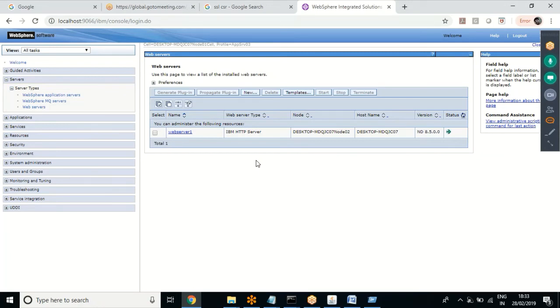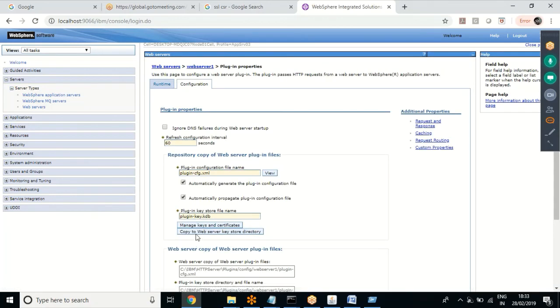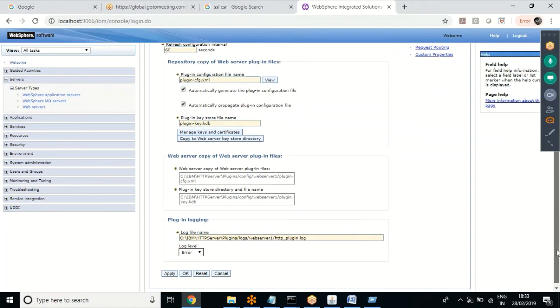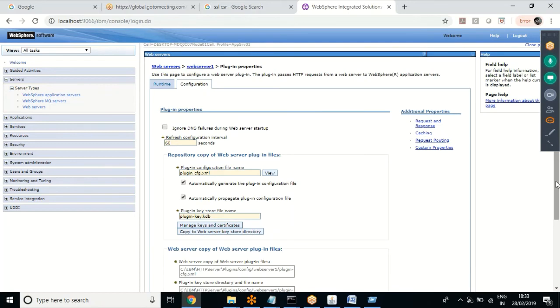In WebSphere, this web server is the main component or main server which interacts with the IBM HTTP server or front end. You go inside this, go to plugin properties, and click on copy to web server key store directory. This will synchronize with the HTTP server. Whichever certificates are related to SSL will get synchronized. And after doing this,